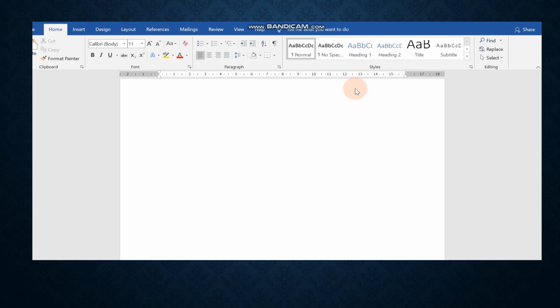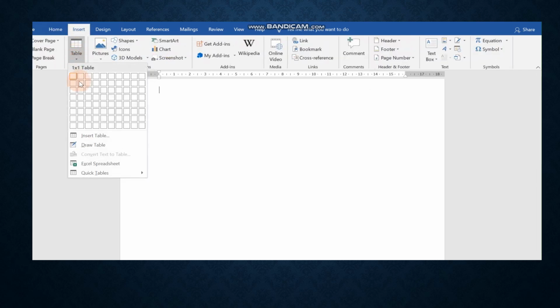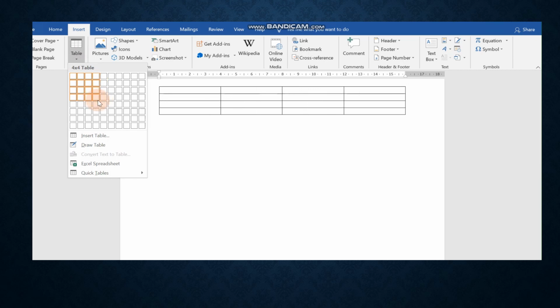Now children, let us learn how you can insert table in your document. For this, you need to go to Insert tab. Then you will see the table. You can choose as many rows and columns as you want.